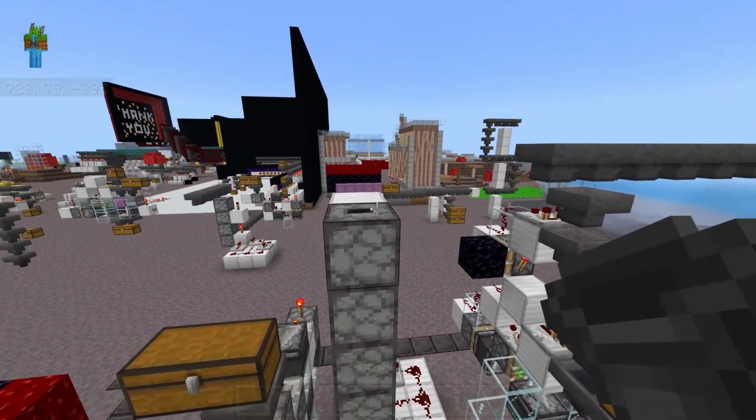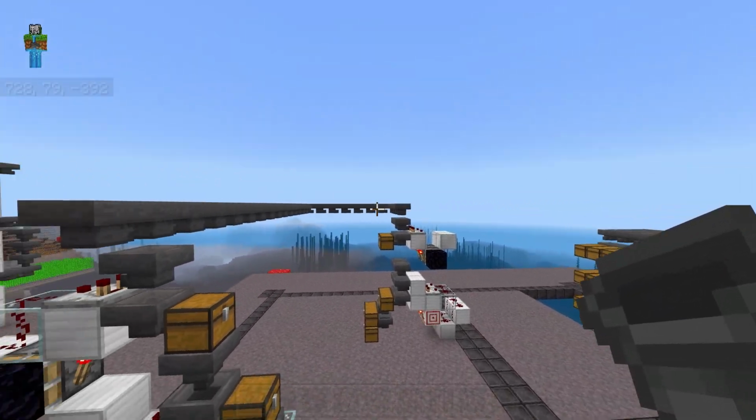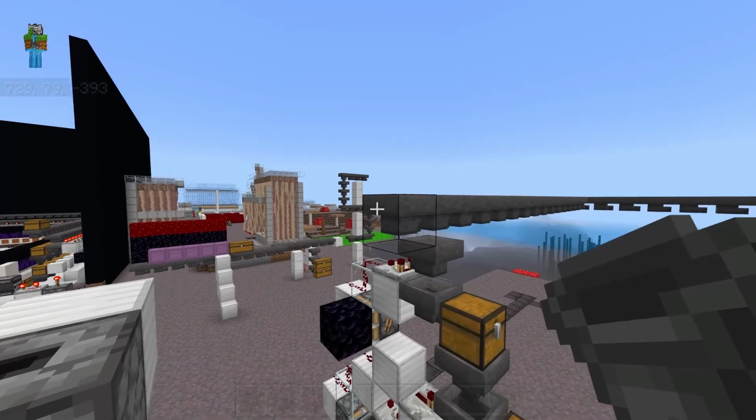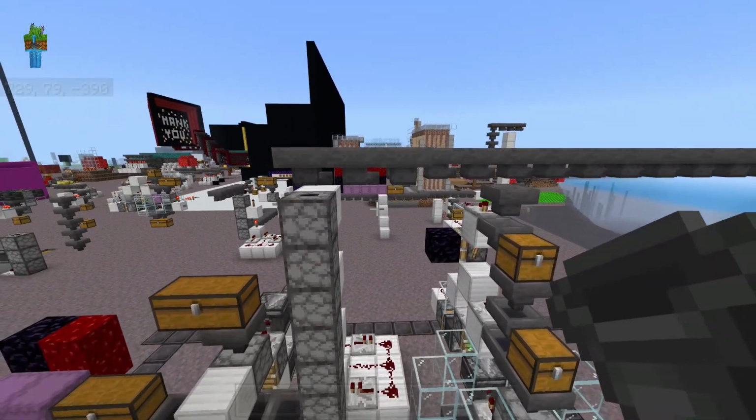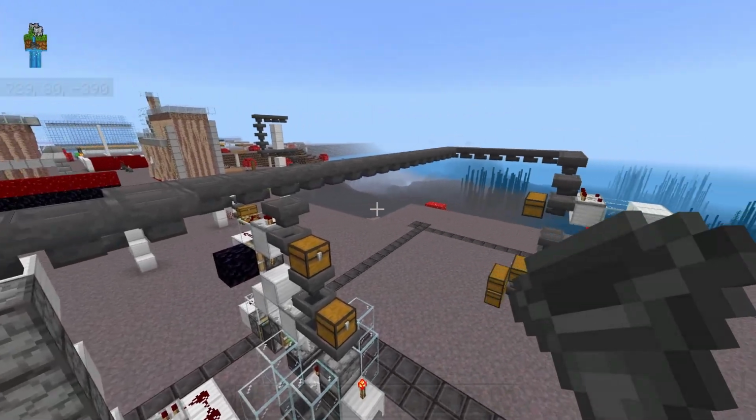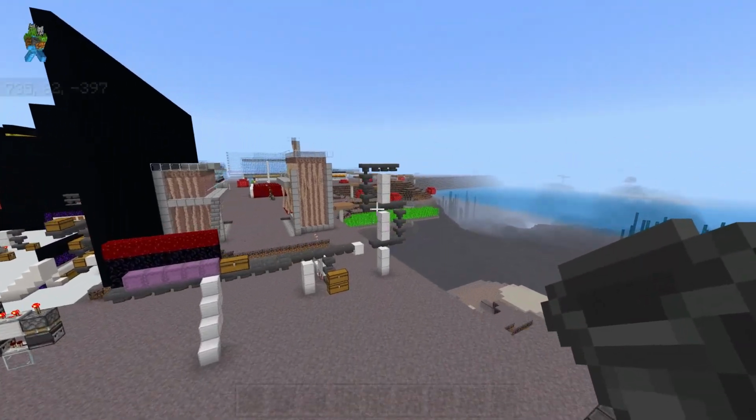If you want to stack the item cells, or if you want shulker loaders, you need to figure out how tall this intake line needs to be. And so before building your intake line, go ahead and build a shulker loader if you're going to use one so that you know how tall the line needs to be.